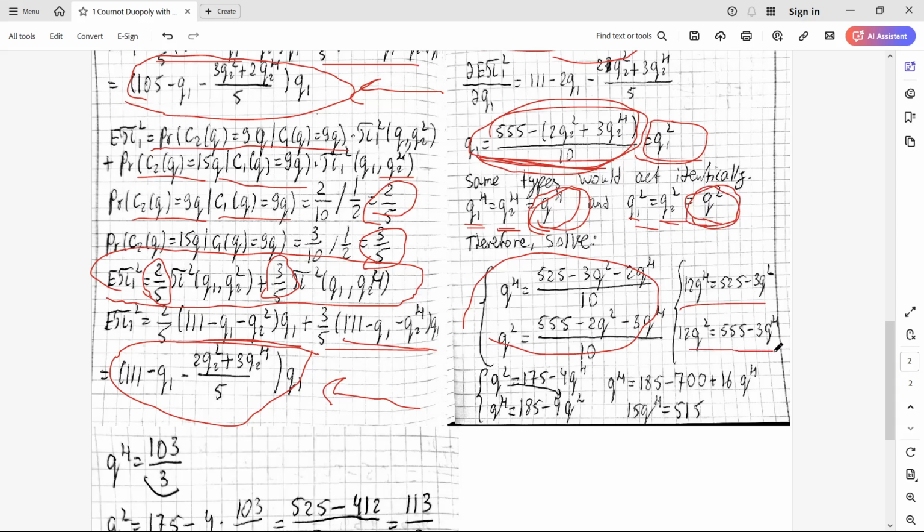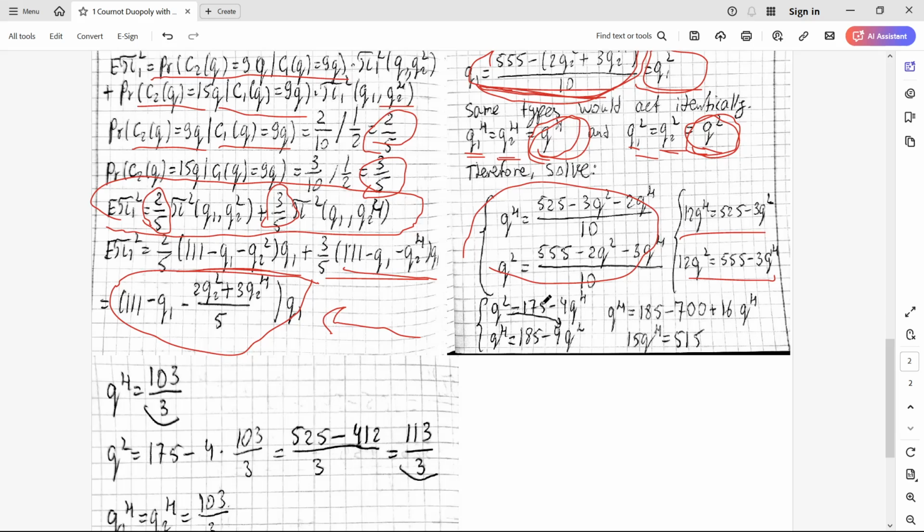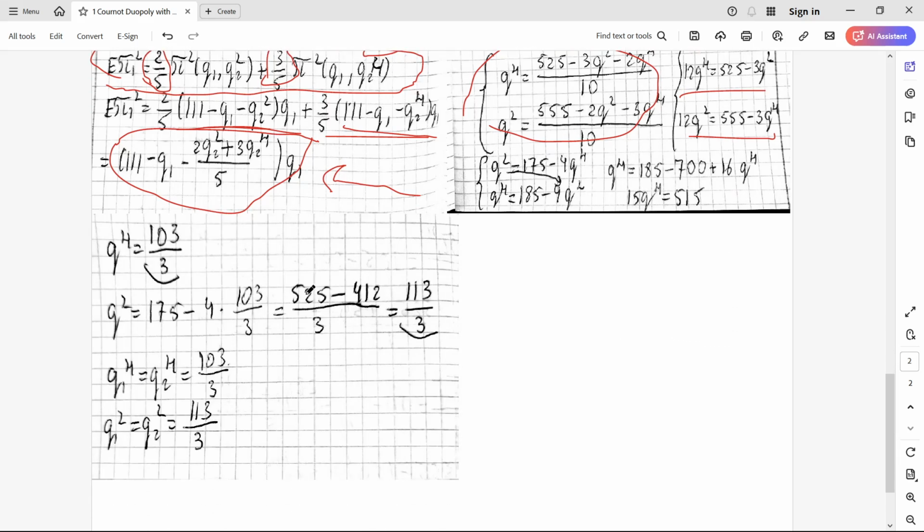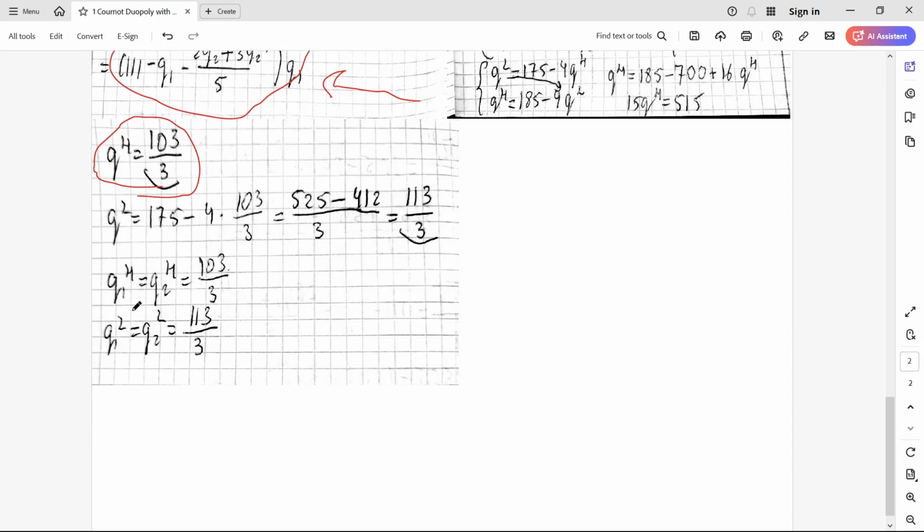Then I solve this. So it's just standard solving. And then I get that QH should be 103 over 3 and QL should be 113 over 3. So we can just write that firm 1 and firm 2 when they're of high type produce 103 over 3, and when firm 1 and 2 are low type they produce 113 over 3. So we can express these strategies maybe like this: 113 over 3, 103 over 3,